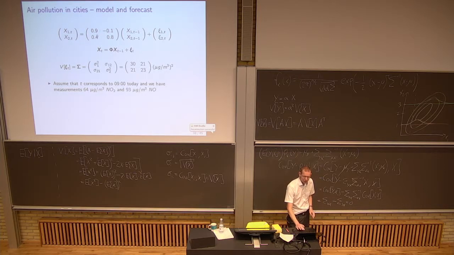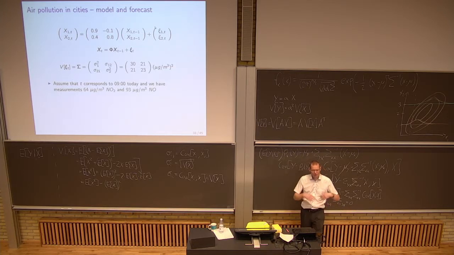This is the model. Some people estimated some parameters from this model. So we get to the next time point by taking the previous values, multiply by a matrix, and then we add some noise to it. Let's just consider that white noise. We'll get back to the definitions of that, but just consider it independent normal distributions. And the covariance structure of that is written like this. And you have the numbers here.